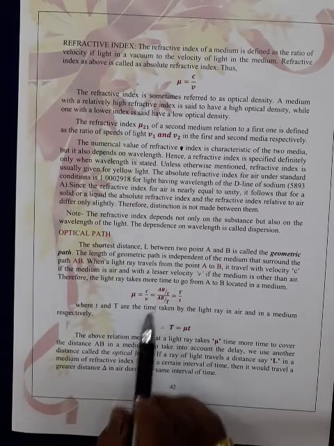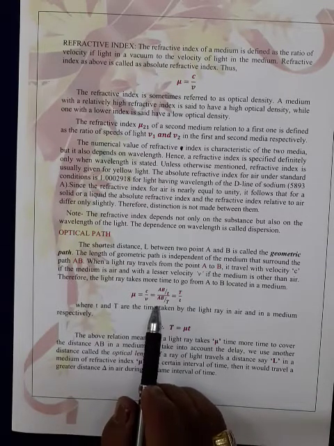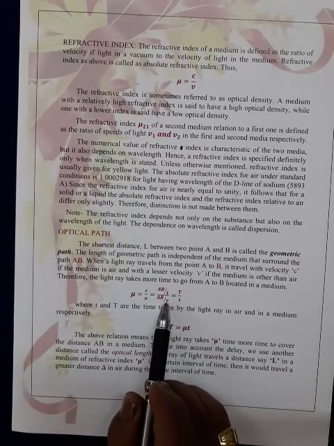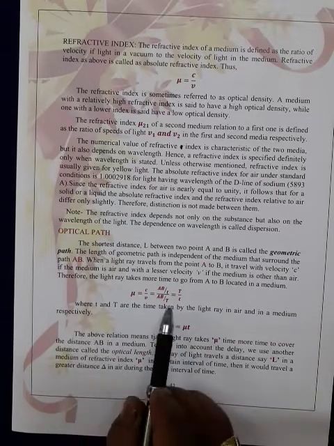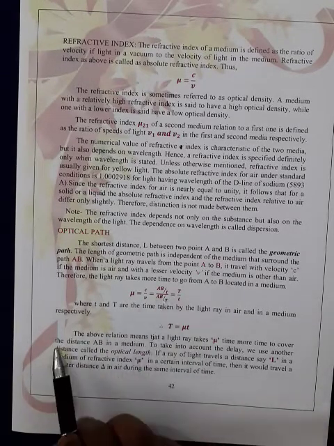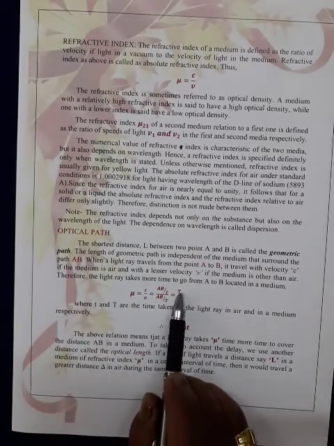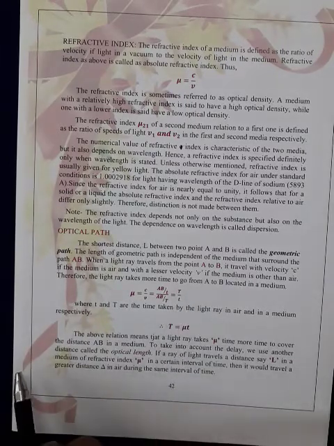The light travels from the point A to B by taking time t. Then I can say, with capital T and small t being the time taken by the light ray in the air and in the medium respectively,